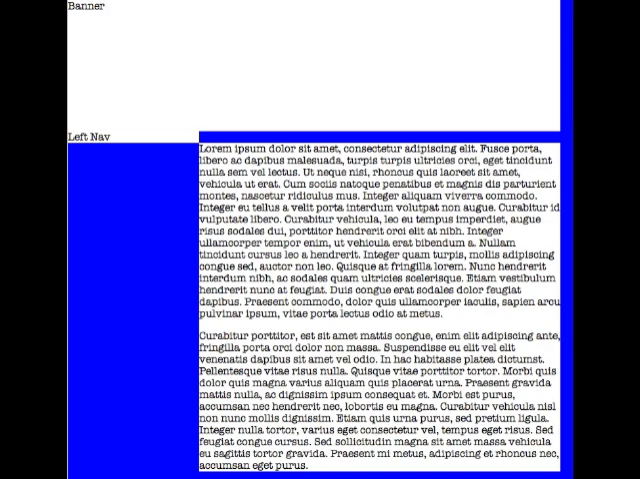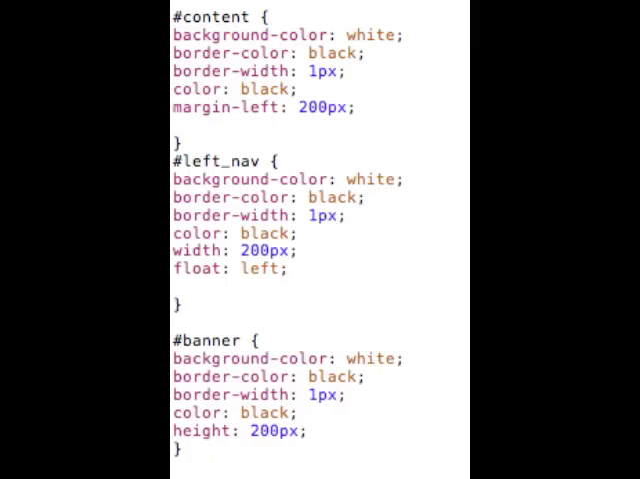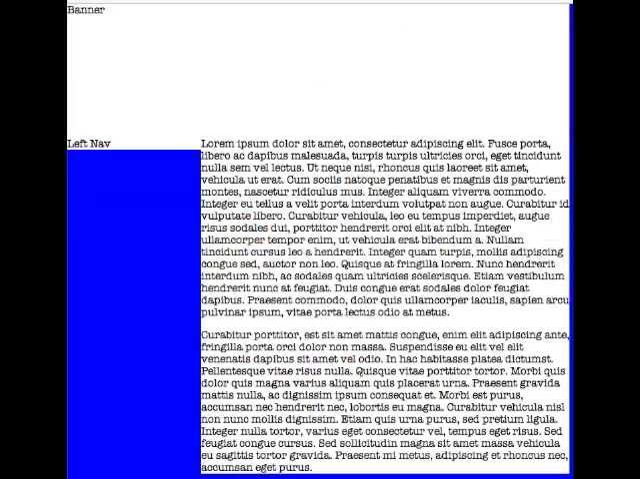And the way I do that is I add the float property to my left nav region. And once I do that, what you'll see is that left nav has been floated to the left, and content will wrap to the left around that region. So now the blue bar is missing. All right,